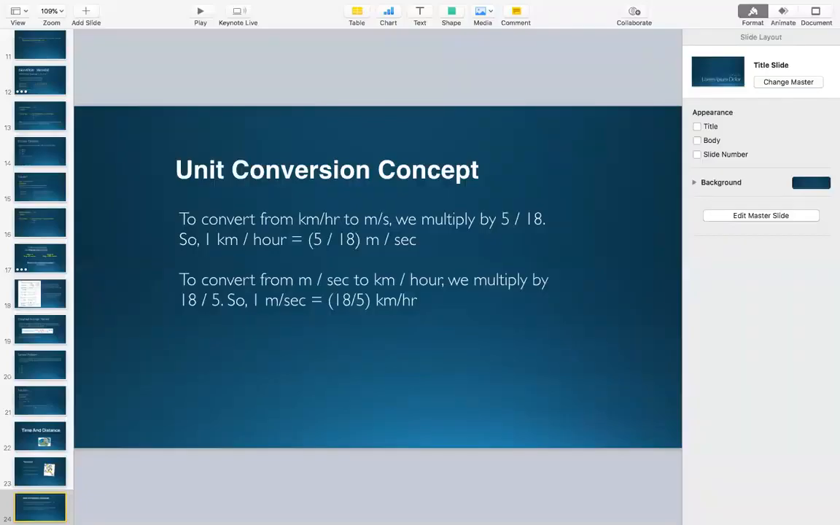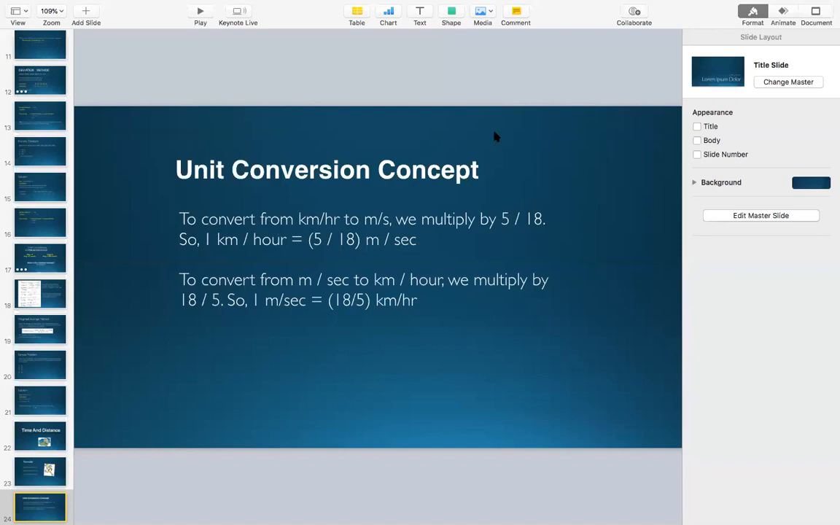Okay, so from kilometer per hour to meter per second, you just need to multiply it by 5 by 18. And when you want to go from meter per second to kilometer per hour, you need to multiply by 18 by 5. To save yourself from confusion about where to use 5 by 18 and where to use 18 by 5,